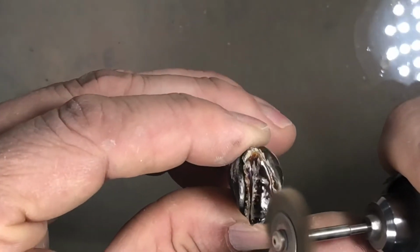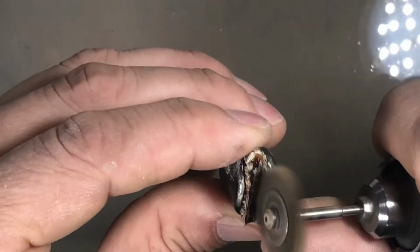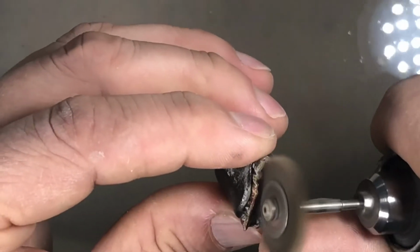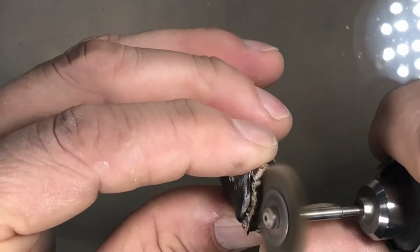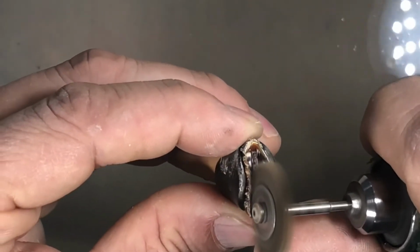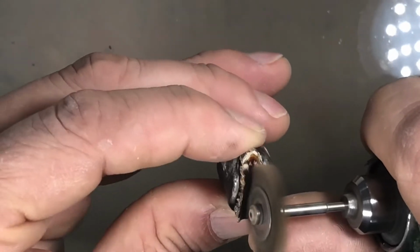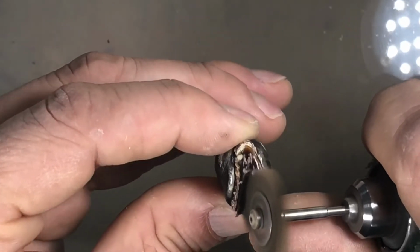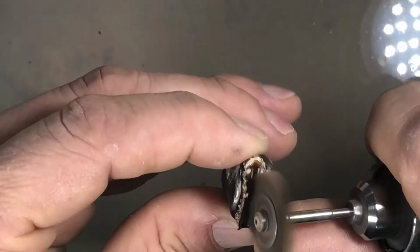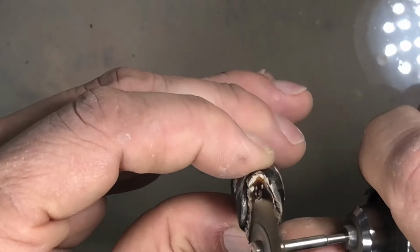I can't tout how great this stuff is. And the 3 grams that you get of it lasts a really long time. It lasts way longer for me than polishing pastes do that need a liquid thinner of some kind. And when I say polishing paste, I actually mean diamond compound polishing paste. That's what they are. You can get them from different lapidary supply companies, whereas the DeShine product is specifically made for